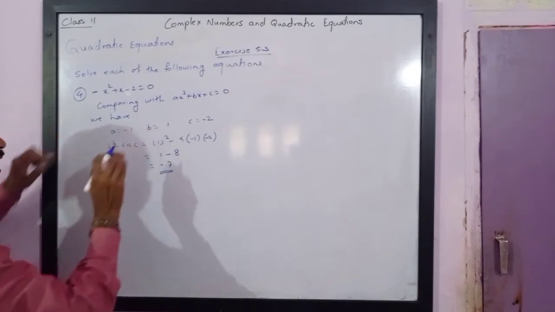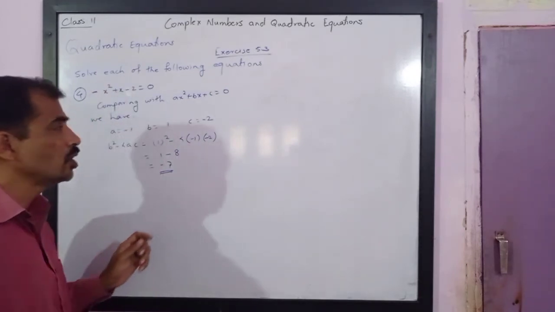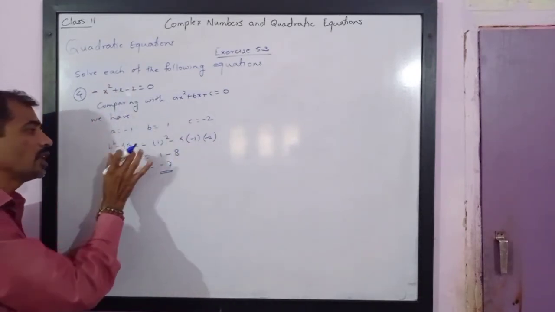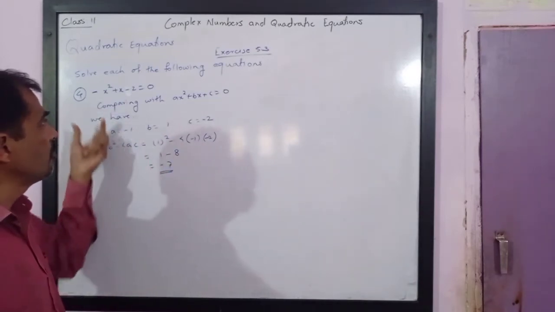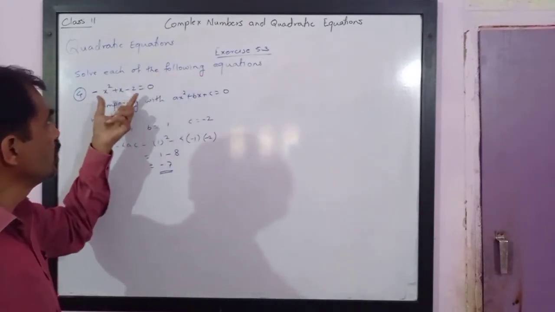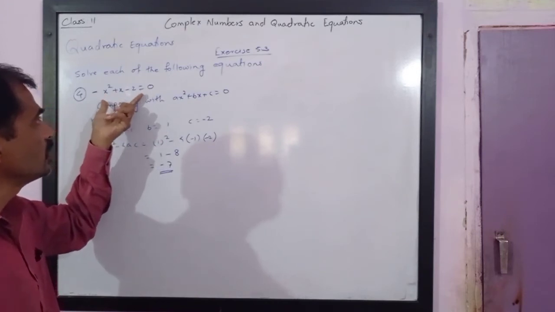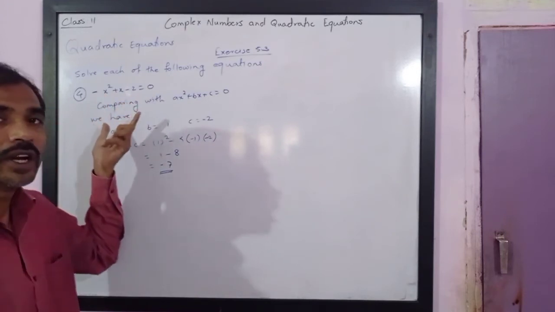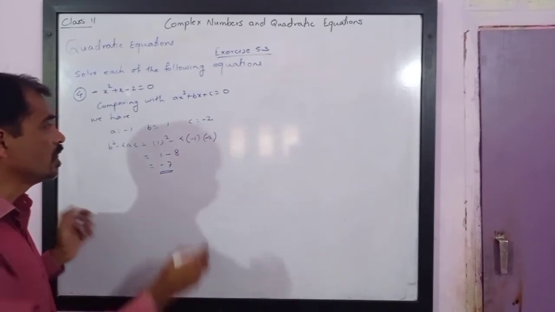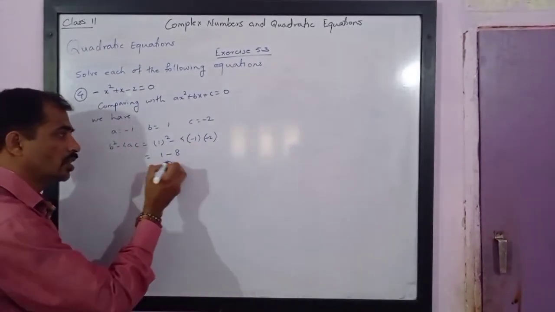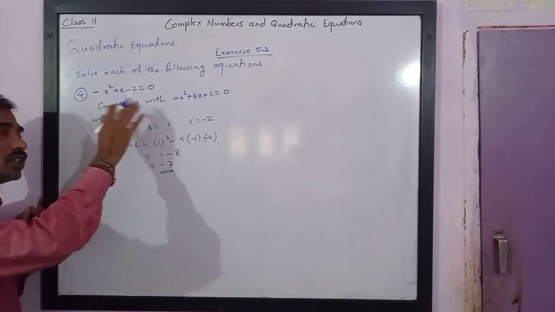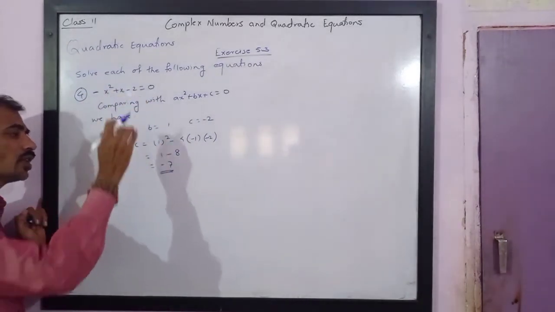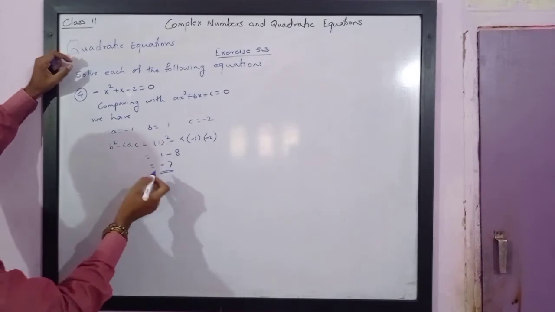Please note, we are solving all the quadratic equations where b square minus 4ac is less than 0. It is negative. That is what we are trying to find: the roots of quadratic equations which have not real roots, which have complex roots. So since I was getting a real root, I checked the question was something different, so you can also correct it. Now let us try to find the roots.